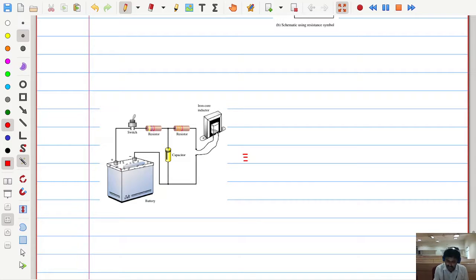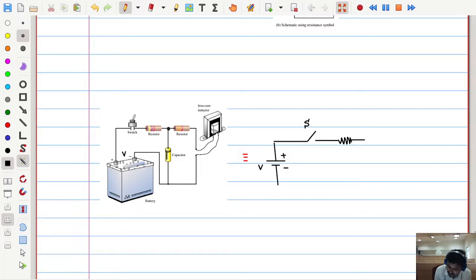So here we have a battery. The battery symbol is two parallel lines, one longer than the other, so this represents positive, the other represents negative. Then this positive is connected to a switch. The switch symbol looks like this. Let me represent the switch by the letter S. The battery is producing a voltage difference between these two terminals, which I am showing as V. And there is a resistor. This is the resistor symbol.